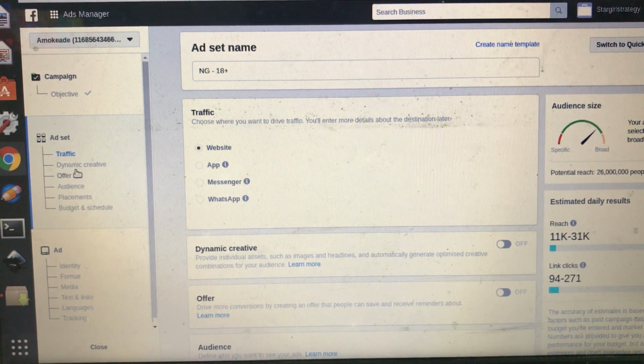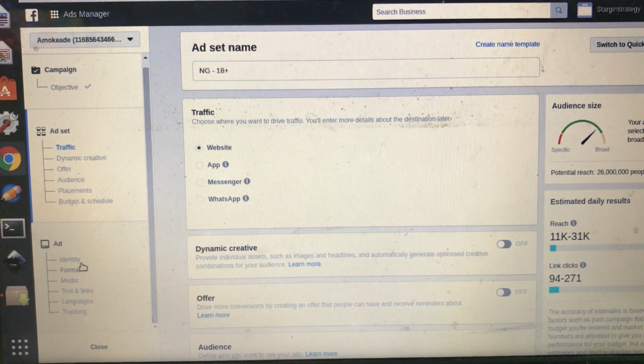We have dynamic creative, offer, audience, placement, budget and schedule. Under ad, we have identity, format, media, text and links, languages, tracking. For the ad set name, we can choose to leave this or give it whatever name